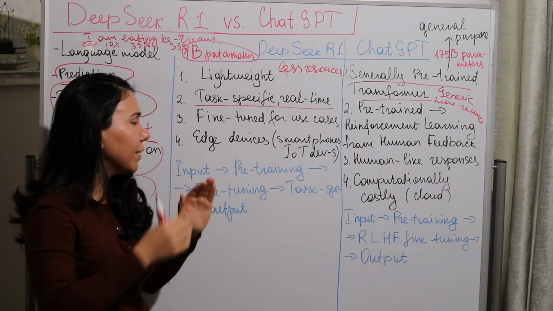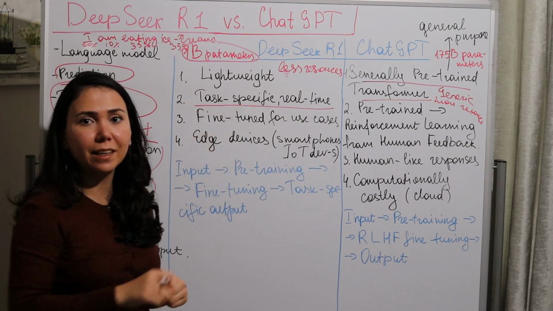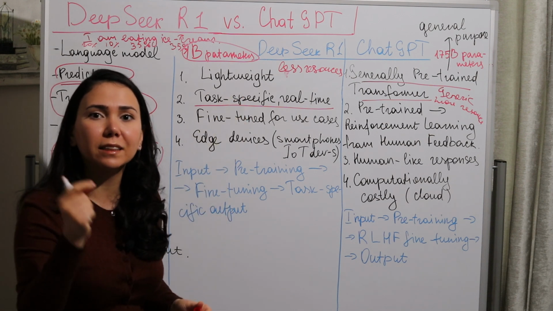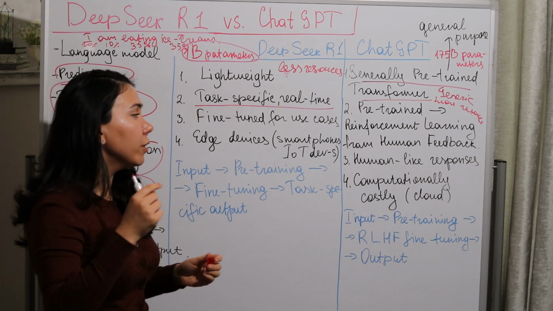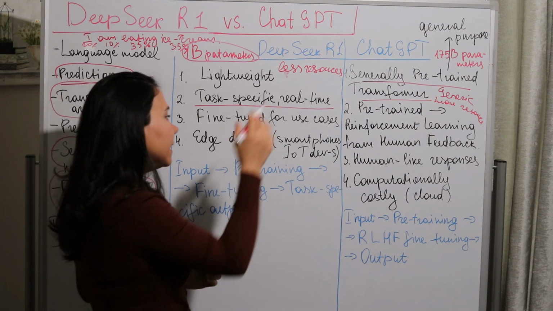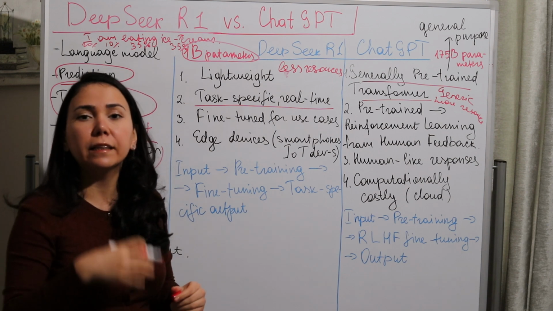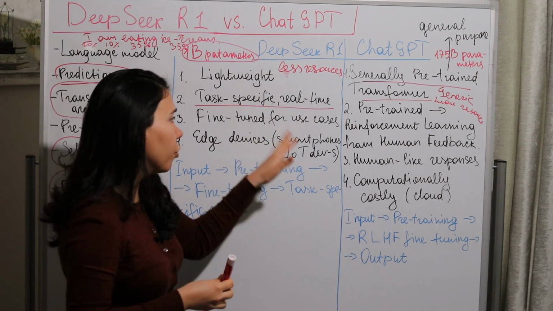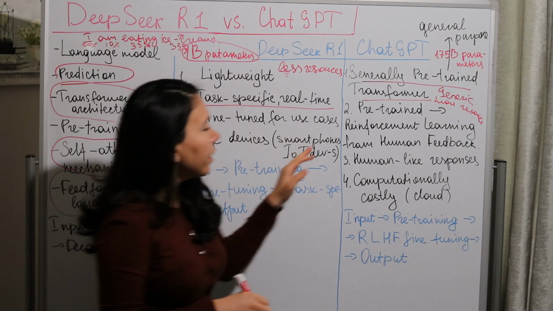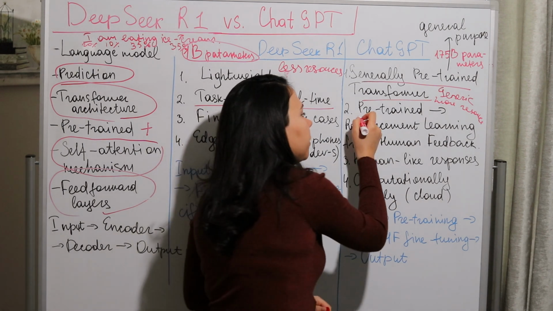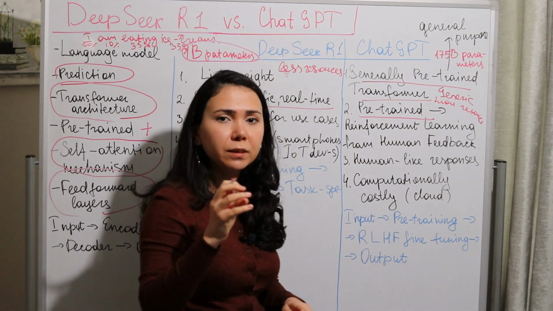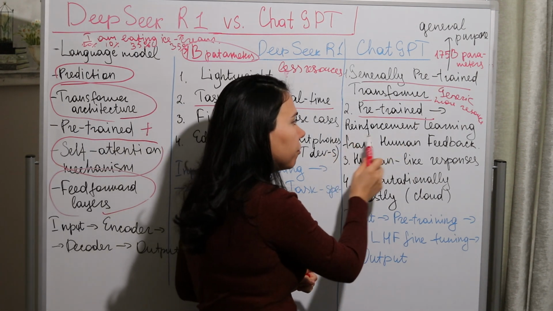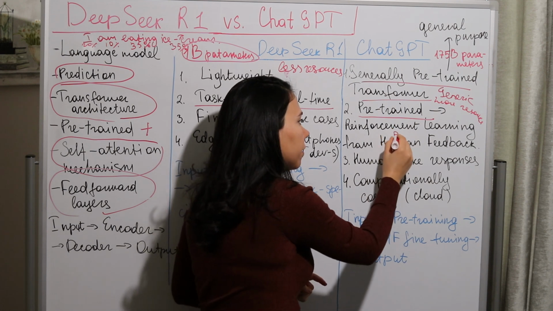What does it mean? It means that when I ask it to put together a scientific article on a certain topic, DeepSeek will do this job better because it's a task specific AI, right? It works in real time, which makes it easier to use on mobile phones and IoT devices. There are different examples really, but it's more optimized for edge devices. Whereas ChatGPT is very well pre-trained for human interaction, for the interactions that humans will like. The full name of this is reinforcement learning from human feedback, RLHF,